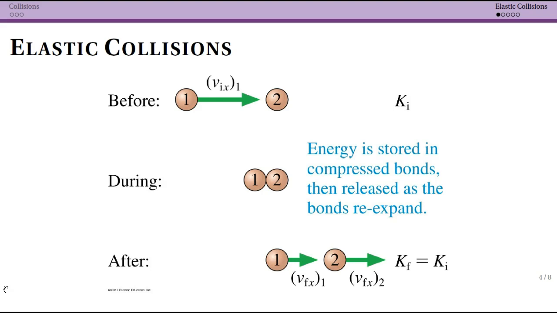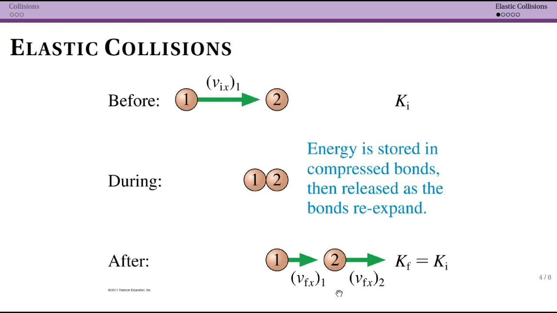Elastic collisions occur when you have two objects that collide, and in the interaction, you're actually storing the energy in compressed bonds. So this goes back to our ball and spring model of solids, and you can think of rubber balls as a really good example here. They can flex and are basically like little springs storing the energy, and then they push each other apart, and they've converted the potential energy of the deformation of the compression into